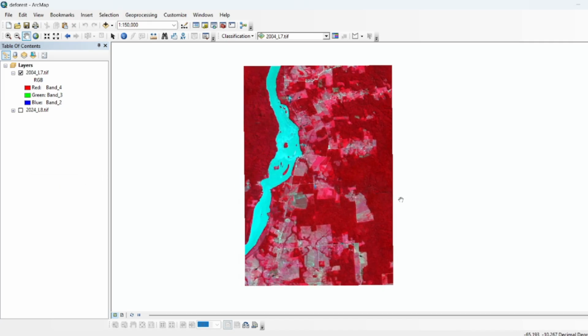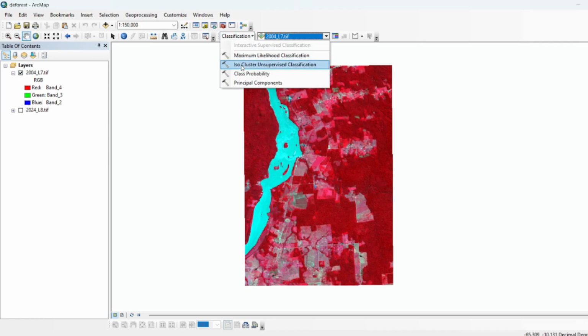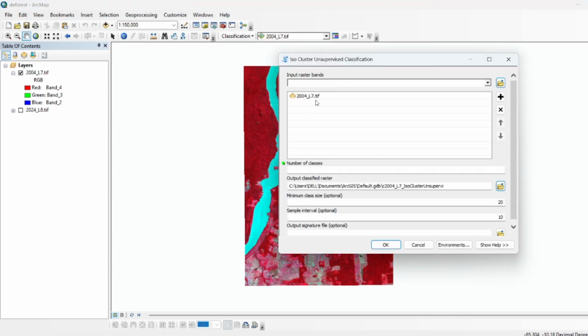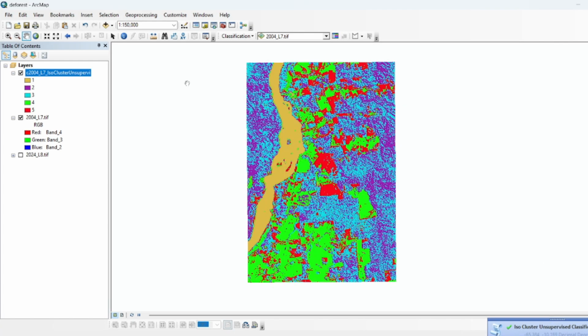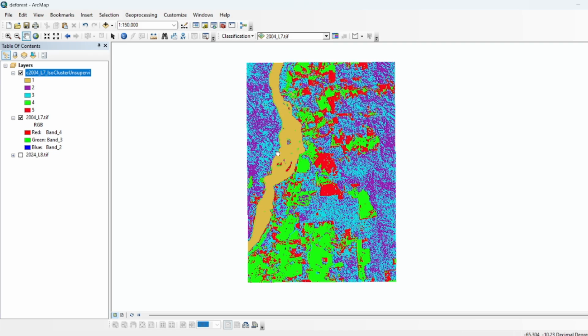So first of all we will classify this 2004 image into two classes, forest class and non-forest class. So make sure that you have selected this image right over here, and in classification use this ISO cluster unsupervised classification tool and just drag and drop your raster dataset right over here. So here let's suppose I want to create randomly 5 classes. What will this tool do? This tool will randomly generate 5 classes or clusters over this raster dataset. You can see that I just randomly say to this tool that you have to make 5 classes over this